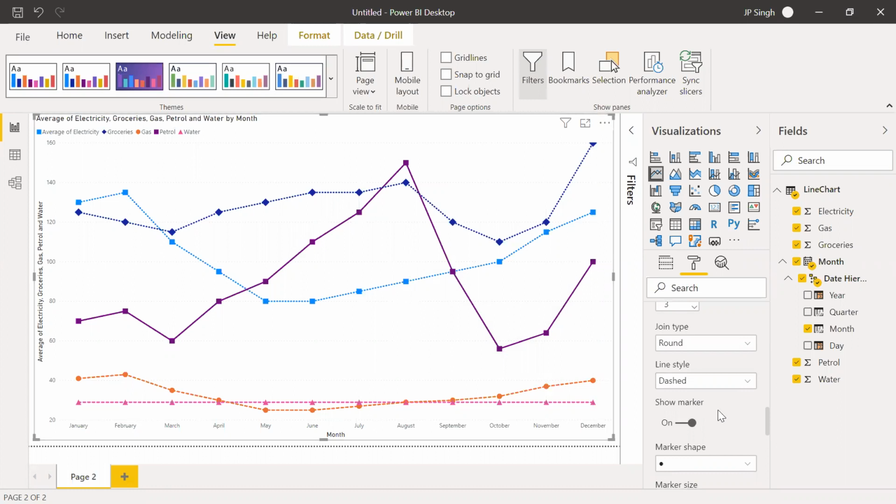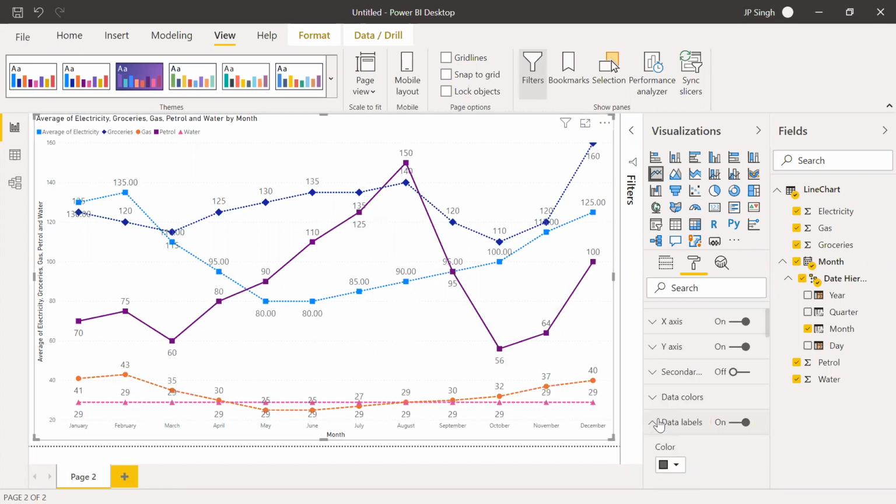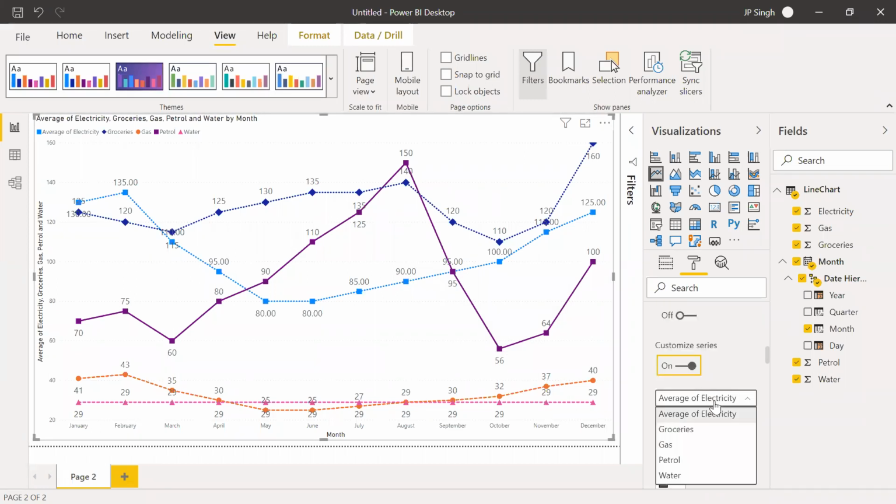Is there anything else you'd like me to try, or no, that is enough? I hope you understand every point here. That's an important part. So I just move to the data label, the color, then we have an auto display unit, your customized series. I want the data label